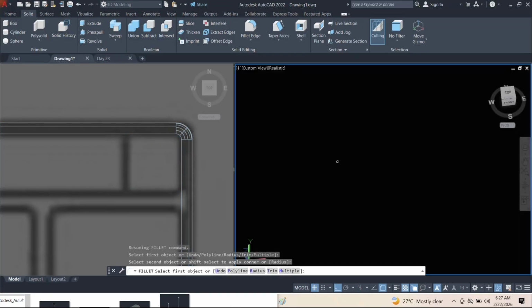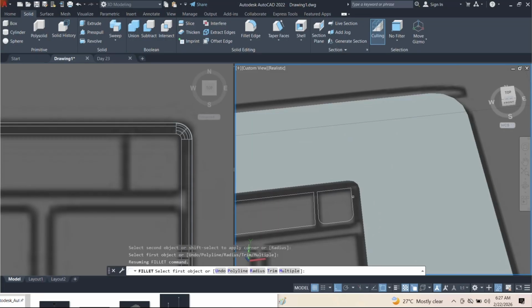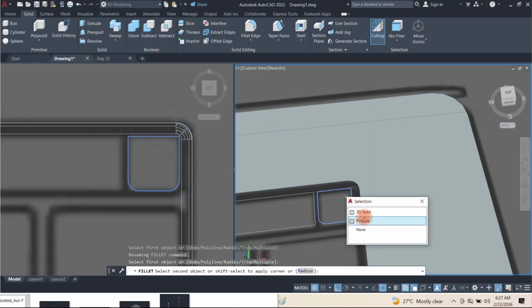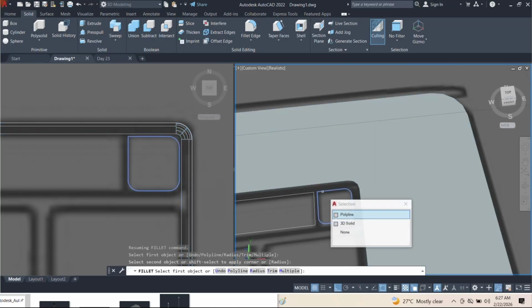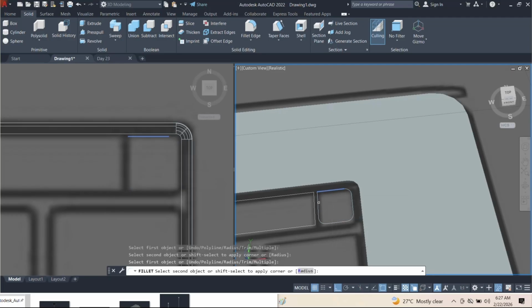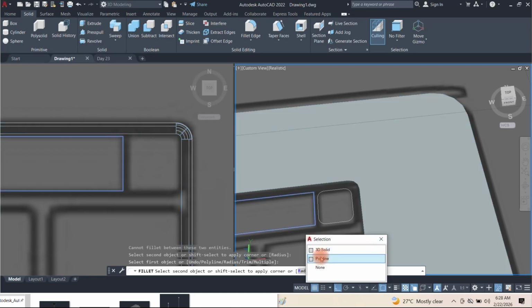Polyline. Okay, so I'll just have to go through the process. Click polyline, this polyline, and then click here, and we'll run this as well. This, choose this polyline, choose the polyline